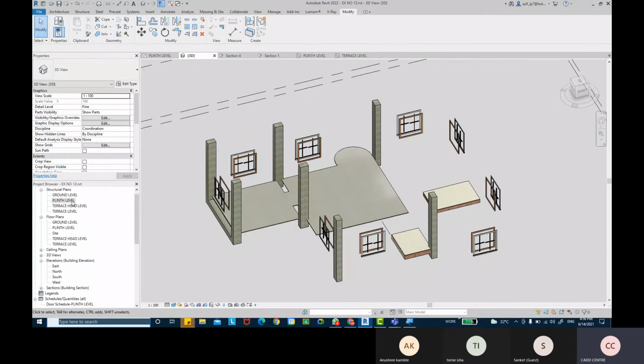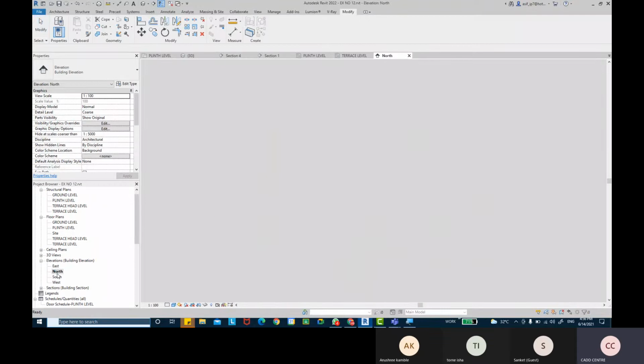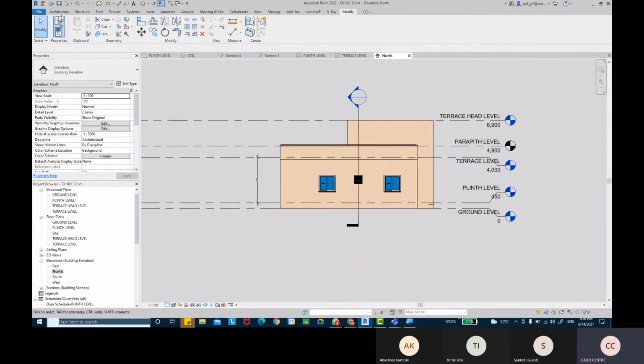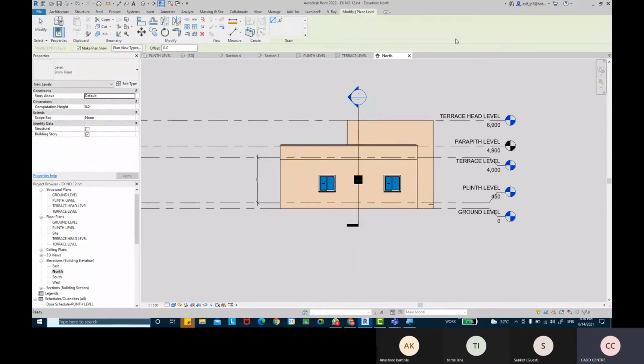You need to create a level. So I'm assuming that my ground level is the foundation level. Okay. Let me just create a level only. Let's take it another 600 deep foundation.